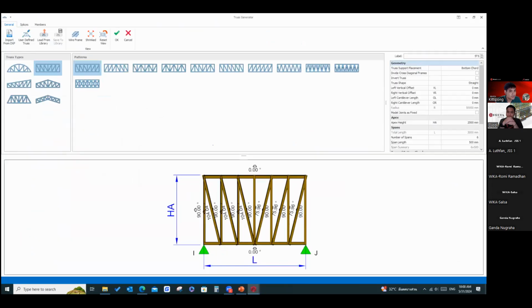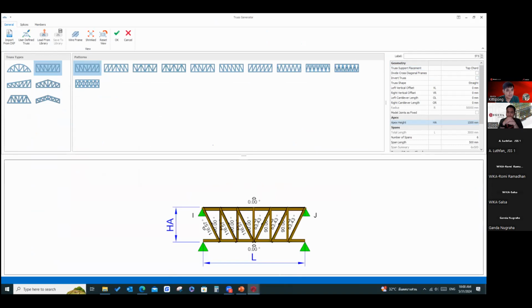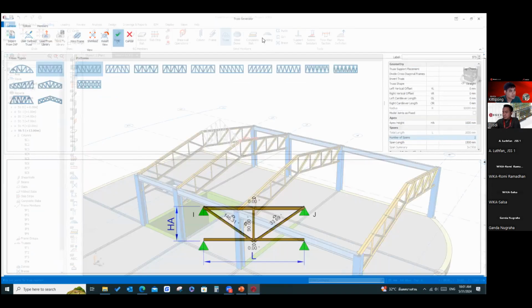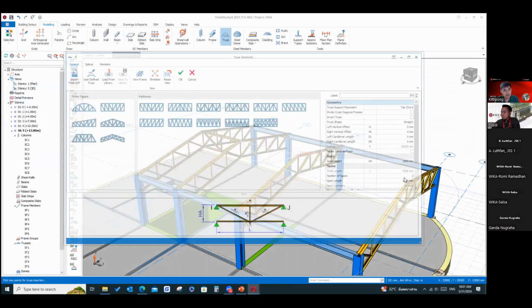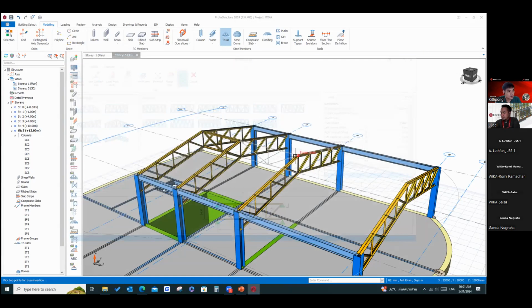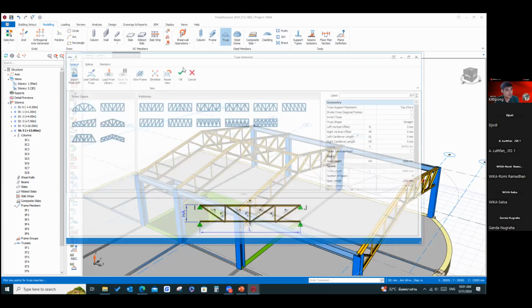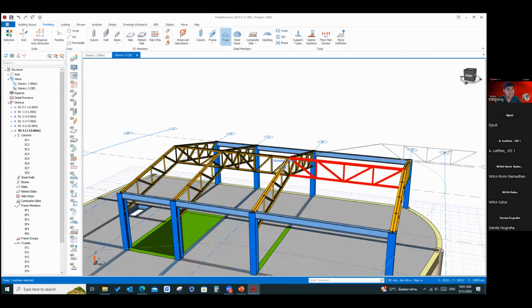Let's try to use this one. See, the whole structure is already done like this.